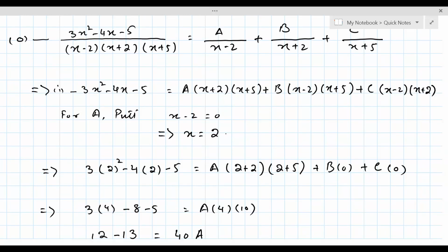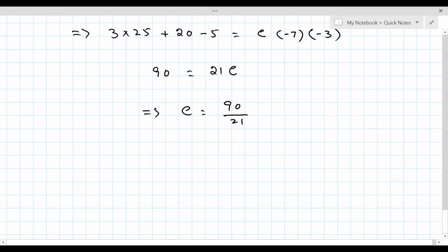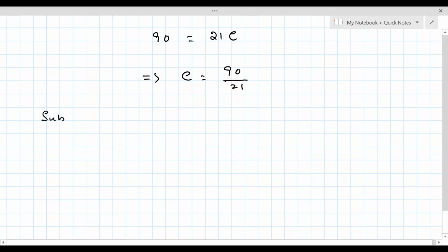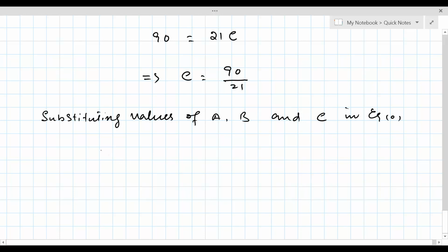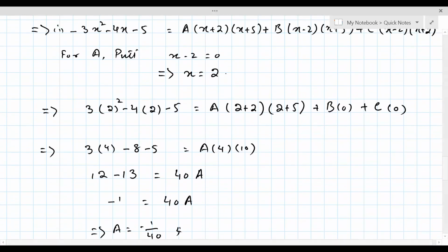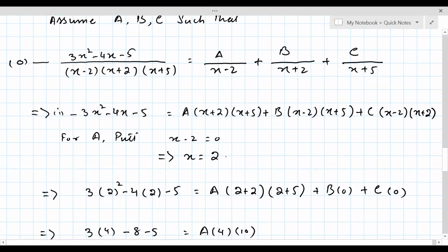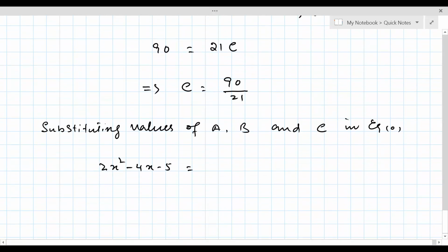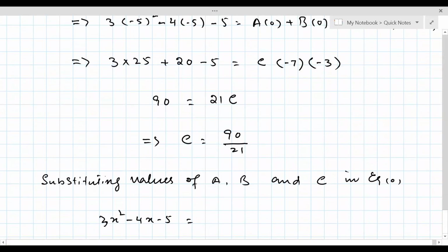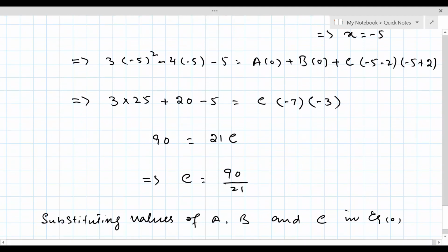So substituting values of a, b and c in equation 0, we got 3x squared minus 4x minus 5 equal to